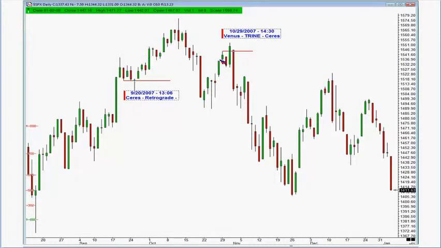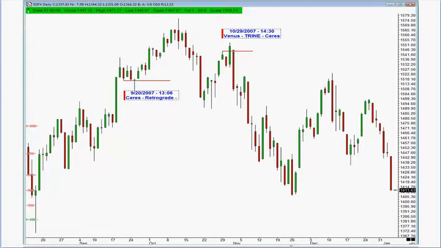However, we go up to, that was Ceres in retrograde, I apologize. If we go up to Venus trine Ceres, look at this. We had the market move up. It made a high. It got tested. Certainly this would have been well within our stop range, the way that we place our stops, and look at the nice move that we had from 1550 down into the 1390 range. Let's go take a look at the next one that is up here,